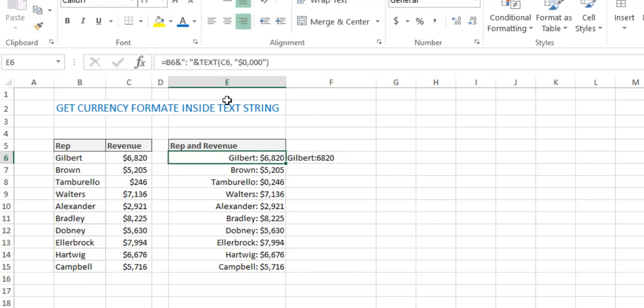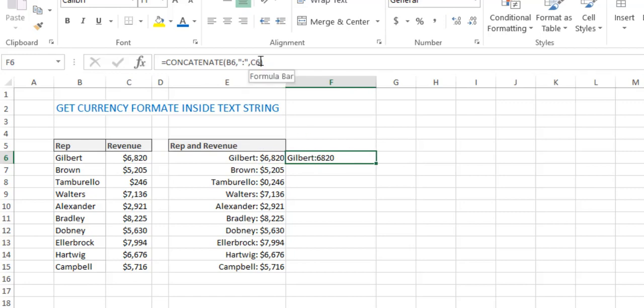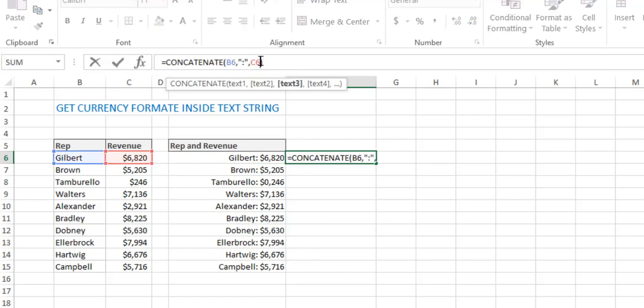B6 and colon. With the help of this we can get this position in this unwritten formula. We can try comma